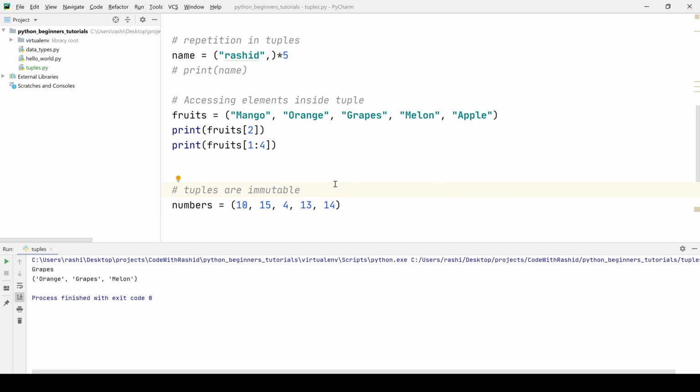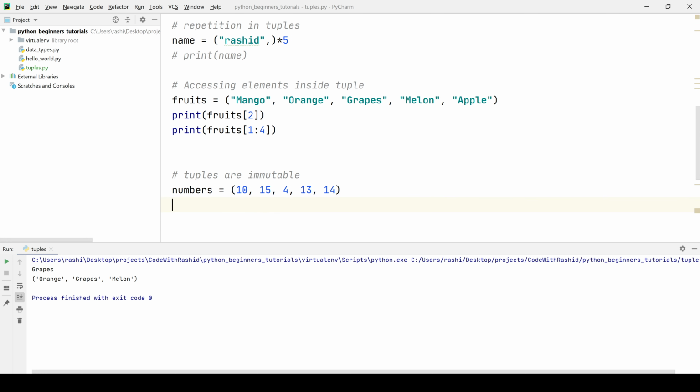In some other situation, we have got a tuple of numbers and we want to check whether the tuple is mutable or not. We have already discussed in the beginning that tuple is immutable. It means that once the value is assigned, we cannot change it. So this is the tuple. We have already declared the values here. Now if I try to change the value of tuple, I should get an exception.